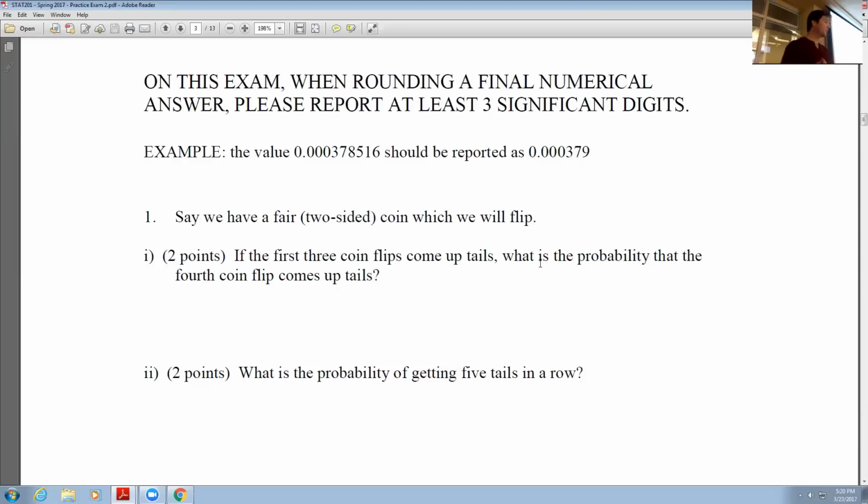Say we have a fair two-sided coin which we flip. If the first 3 coin flips were to come up tails, what is the probability that the 4th coin flip comes up tails? You ready? Okay, this is a special coin. There's a quarter here. So we have a fair coin, and we're going to flip it. And say we were to get tails, tails, tails. Now, what is the probability that the 4th coin flip comes up tails? The answer is